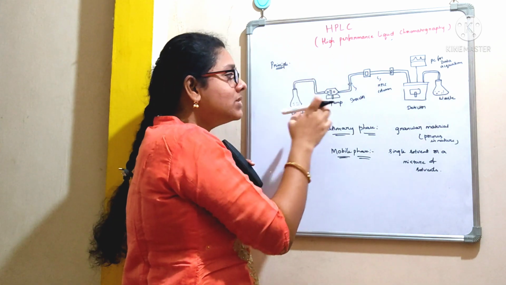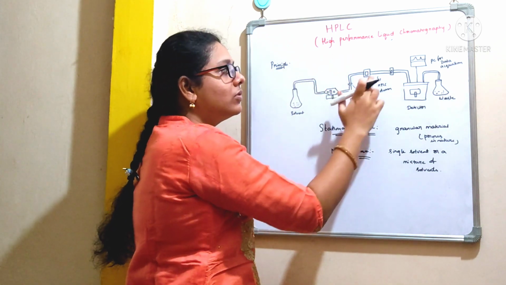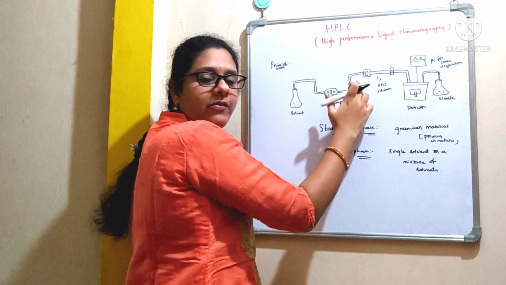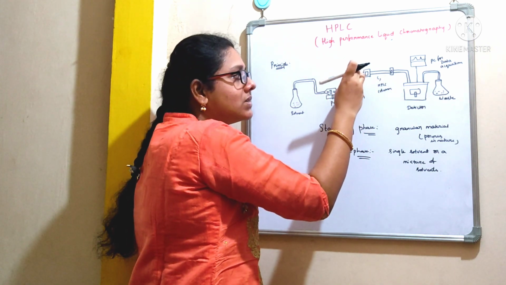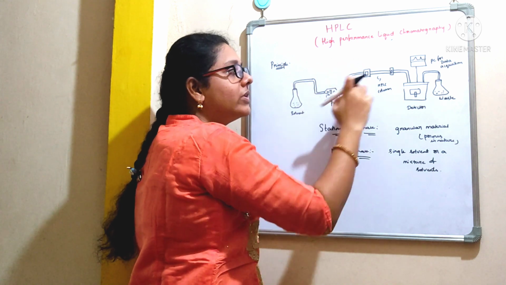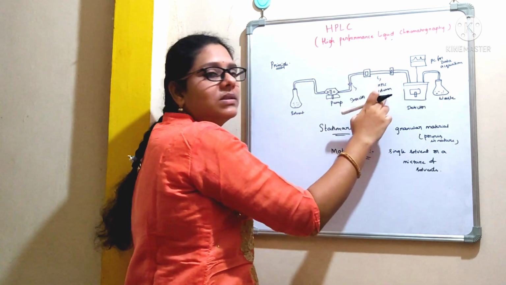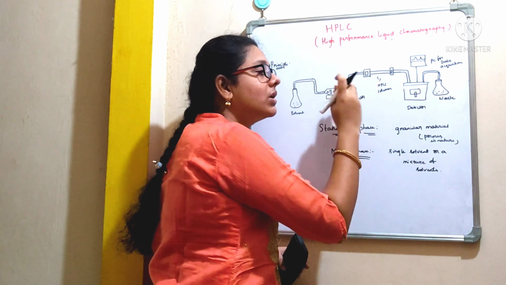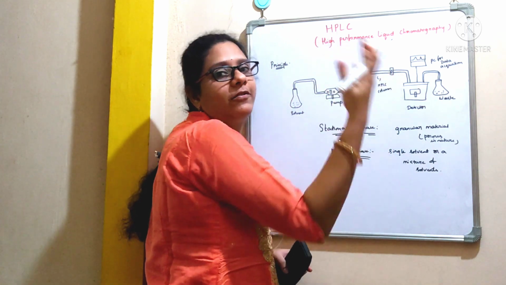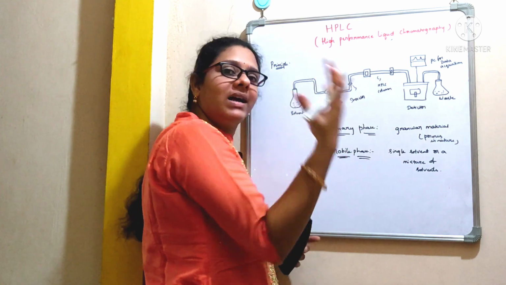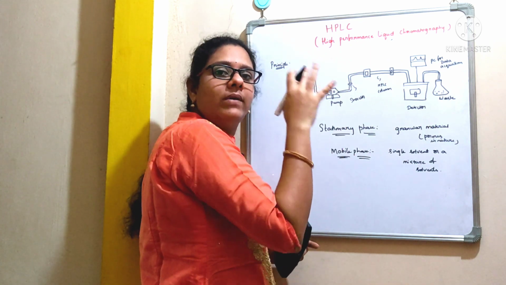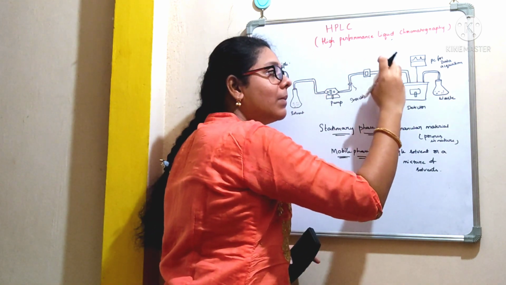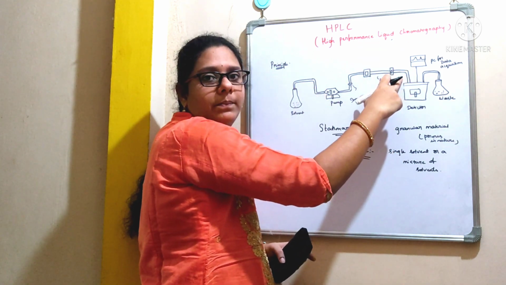So the pump is used to force this solvent through this HPLC column, and when we inject this sample with the help of a syringe, the compounds present in the solution will move along with this mobile phase through this HPLC column. The individual compounds will move through this column at different rates. Compounds with a higher affinity will move slowly, whereas the compounds with the lower affinity will move fast, and they will come out of the column first.